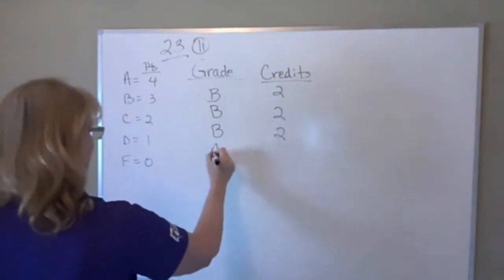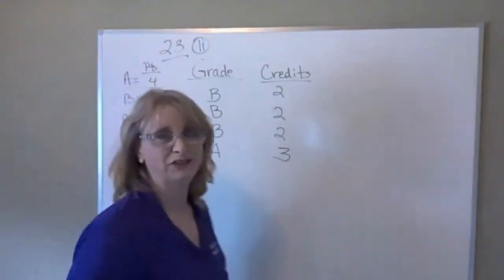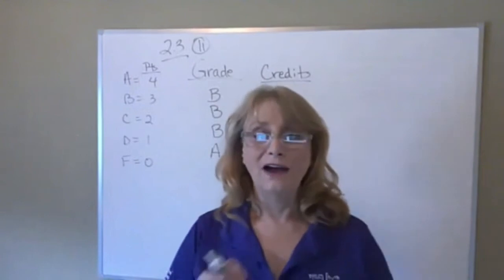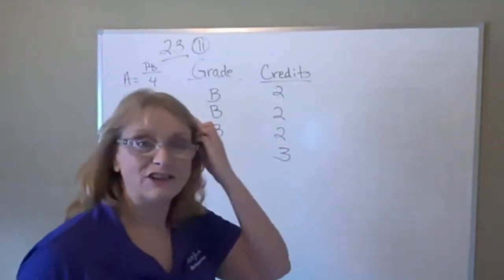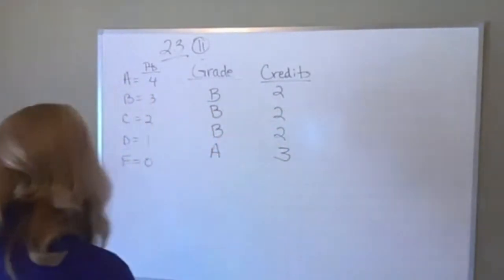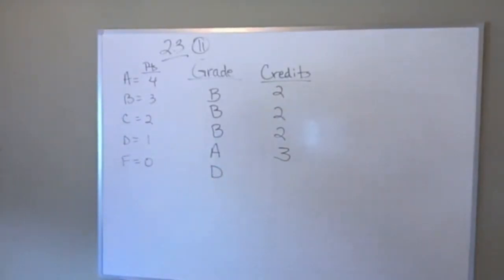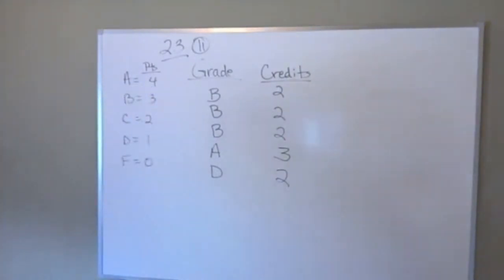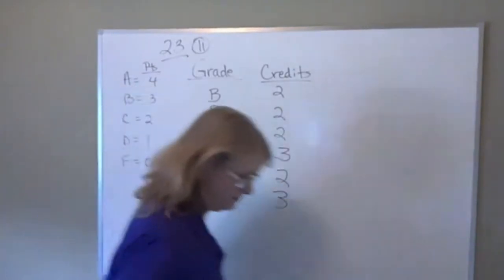They earned an A in 1 class that's worth 3 credits. So you have to read this carefully. I wouldn't have written it like this. So you have to read it carefully and say, okay, it looks like it's 1 B, but when you read it carefully, it's actually in 3 different classes. So I put down 3 Bs, and they were worth each 2 credits. Then an A in 1 class, then a D, mine says, in 1 2-credit class, so there's 1 D, and then a C in 1 class that's worth 3 credits.